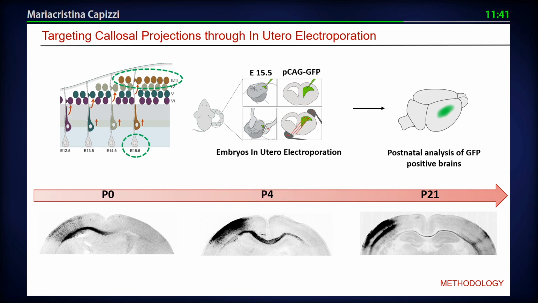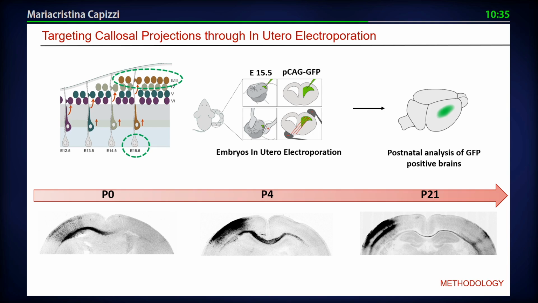The main technique we use to study specifically the callosal projection neurons is neural electroporation. This allowed us to target specifically this subpopulation of neurons with a reporter gene, such as GFP, and after injecting the GFP we are able to follow the morphology and the growth of the axon. The callosal projection neurons mainly come from the superficial layers of the cortex, and these neurons are generated at E15.5. So we inject the GFP with electroporation at E15.5, and then we follow the morphology starting at P0, immediately after the birth of the pups, until the end of their development, called P21, when the axons start to reach the contralateral side